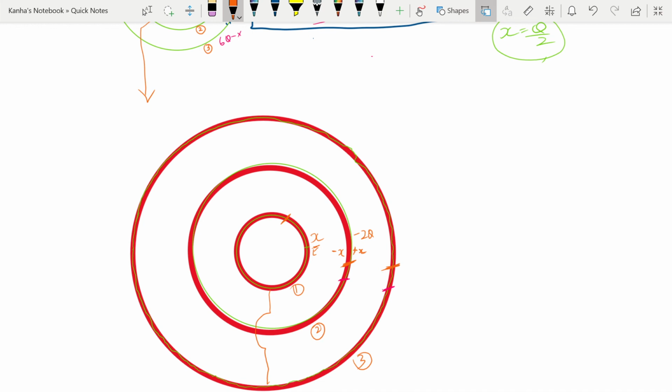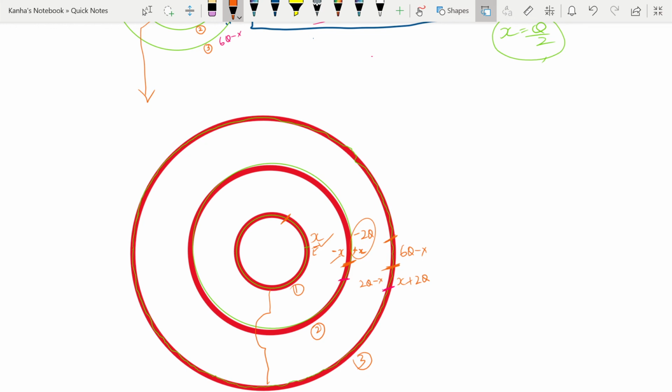So let's talk about the third Gaussian surface. It has a charge of 6q minus x outside on the outer surface. If I take this Gaussian surface, the net charge inside should be 0 because it's going through a conductor. Now what is the net charge? These two cancel out, and you are remaining with this. So how much is induced? Minus 2q plus the negative of this. So you have 2q minus x induced on the inner surface, and on the outer surface you get x plus 2q as the charge.